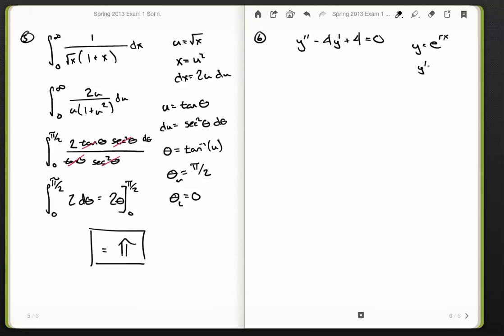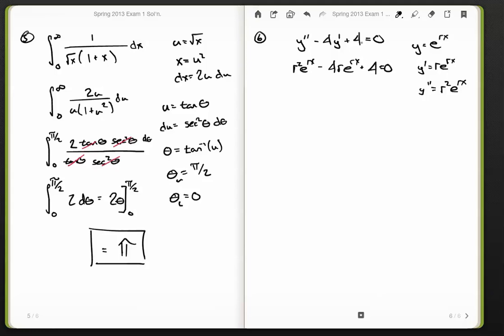So y prime equals r e to the rx, and then y double prime equals r squared e to the rx. So I plug all these in here. So it's r squared e to the rx minus 4r e to the rx